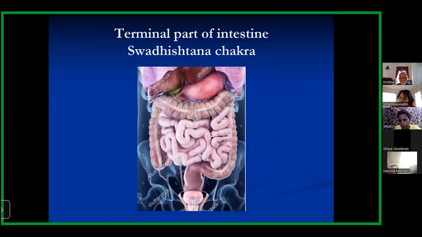The organs that are present in addition to the reproductive system in the lower part of the abdomen are the terminal part of the small intestine and the large intestine. So these are working. Though the ovary and testes are not functional, not mature enough to produce the ovum or sperms, the organs in the pelvic cavity or lower abdomen work. One is the terminal part of the intestine. The moment the child is born, it evacuates the content of the large intestine. The first one is called meconium.